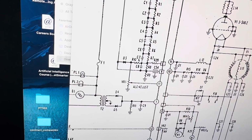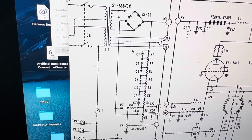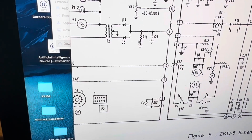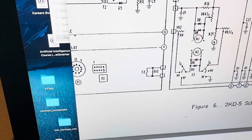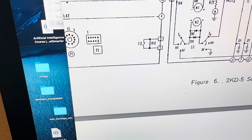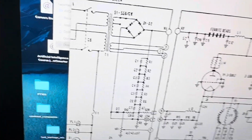The last thing I want to check is the little low voltage power supply. Make sure it still works. The diodes and the low voltage power supply look fine. I should try and make it key the relay and then see if it goes. And if that's fine, then put all those parts in there and put in the tubes,